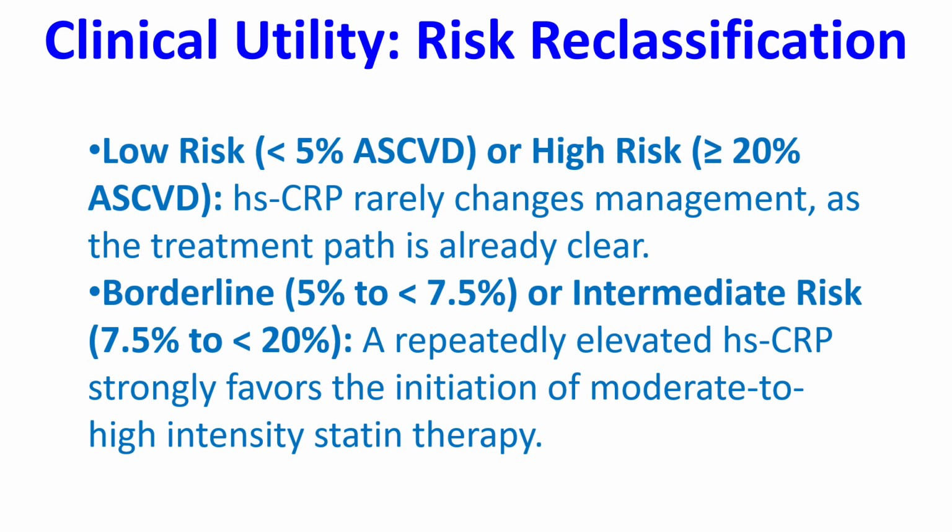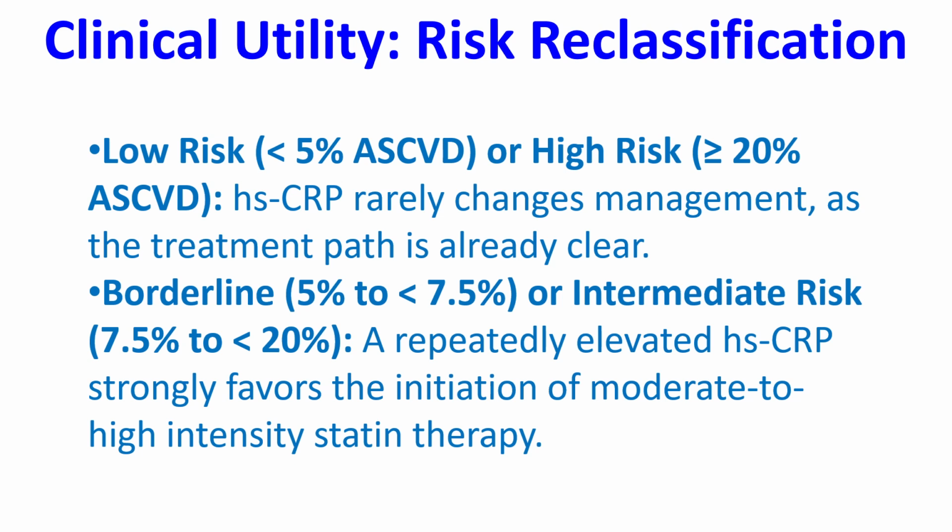clear. Borderline cases, 5% to 7.5%, or intermediate risk, 7.5 to 20%, a repeatedly elevated hs-CRP strongly favors the initiation of moderate to high intensity statin therapy. So the importance of hs-CRP in deciding management is mainly in the mid segment, not in the low risk or